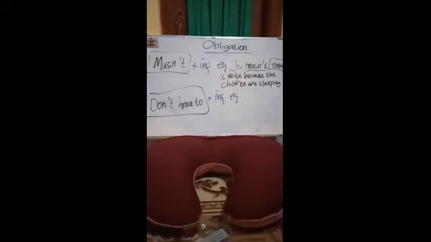Bagaimana? Sudah paham anak-anak? Do you get it, students? If you have understood the use of mustn't, next, let's check don't have to. Don't have to is used to express no obligation or things that are not necessary. Example,